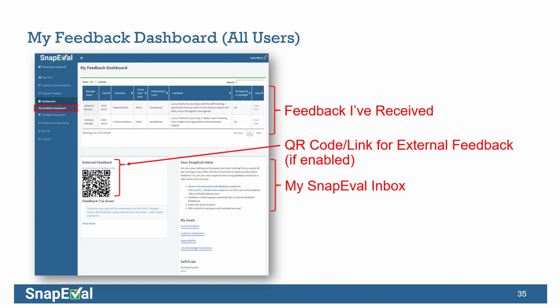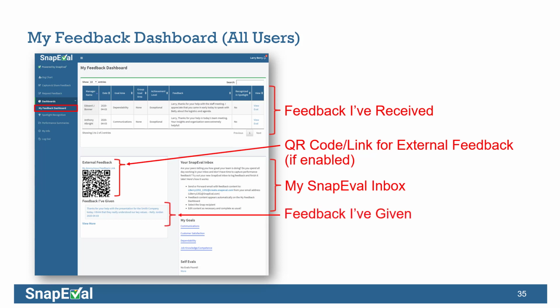What you can then do is select the recipient that you want to receive the snap. That could be yourself, that could be someone else in the organization. You can then make edits to the content, and by the way, a snap can be up to 10,000 characters, so you can be verbose if you wish, and then basically decide if you want to share that feedback instantly or defer sharing it, or however you want to handle it. So it's a really simple way to take feedback that you receive via email and turn it into a snap, either for yourself or someone else in the